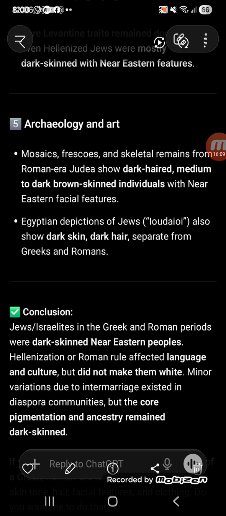So conclusion: Jews/Israelites in the Greek and Roman periods were dark-skinned Near Eastern people. Hellenization or Roman rule affected language and culture, but did not make them white.